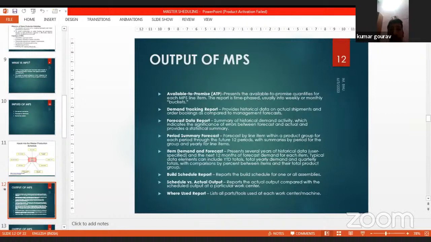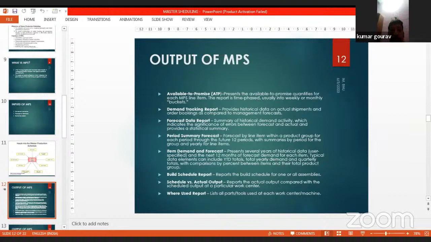Through the future 12 periods with summaries by period for the group and yearly for line items. Item demand and forecast presents several years of historical data. User specified data elements, and the next 12 months of forecast demand for each item. Typical data elements can include YTD totals, total yearly demands, and quarterly totals with comparisons by percent between items and their total product group.